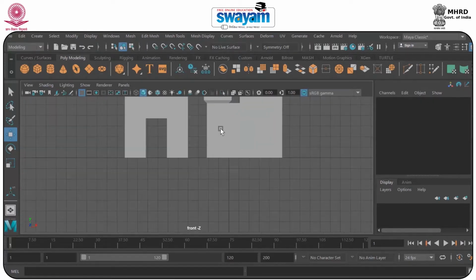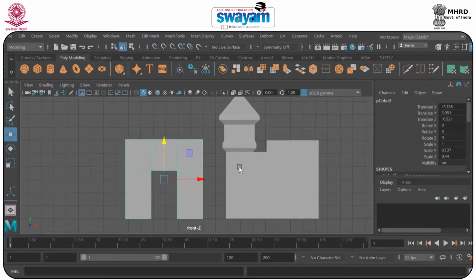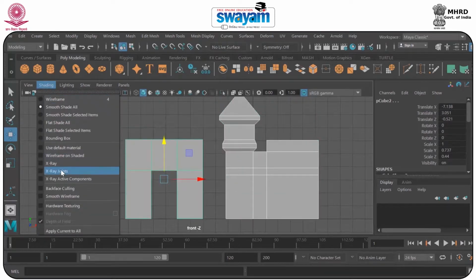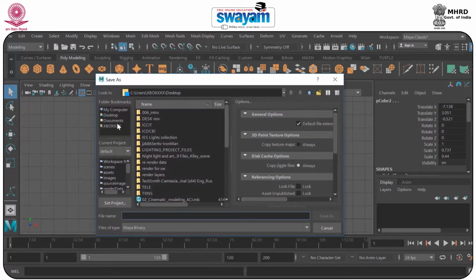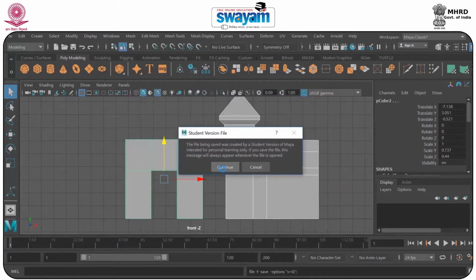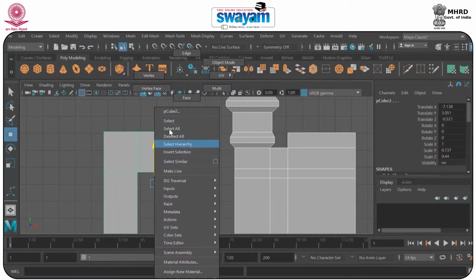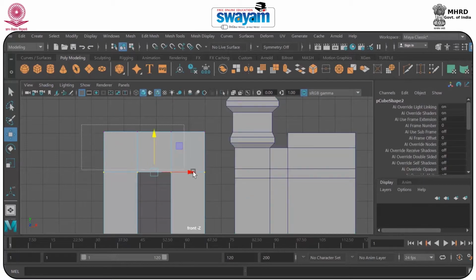Okay, so we'll select this part and we'll select both of them, same as we did before, wireframe on shading, and make sure that you're saving your file. So I will save the file. Okay, so I will just save it as ext_001. Okay, we have saved the file, and now we will go to vertex and just select the vertexes and